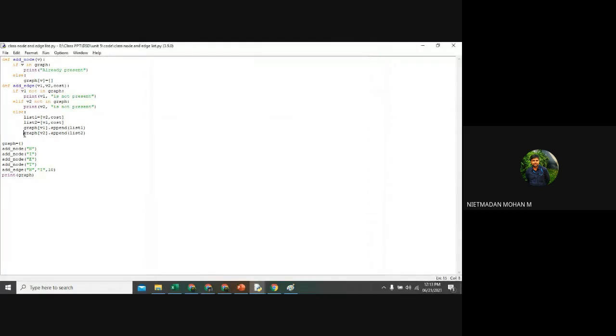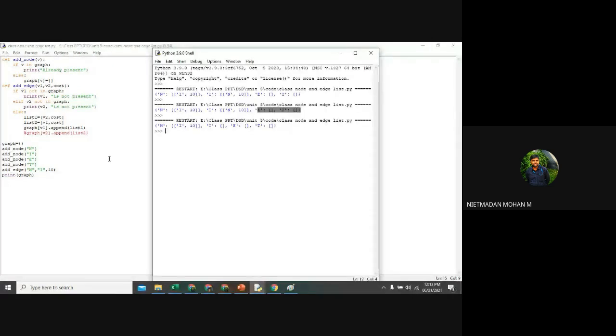If you want to go with the directed weighted graph, then you want to eliminate this line and you want to get an output. Can you see here this? Yes? Yes, sir. Yes. So that is the thing.